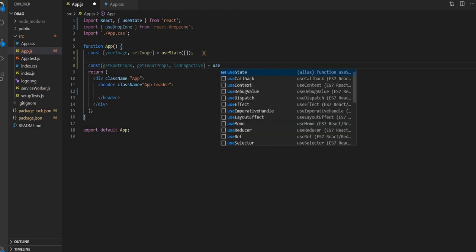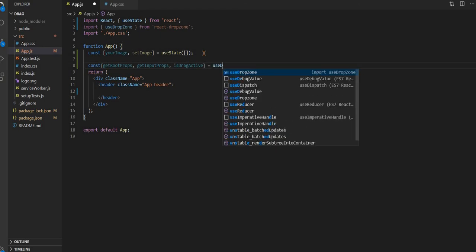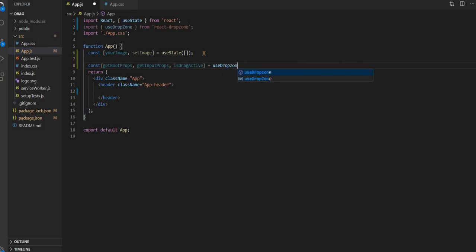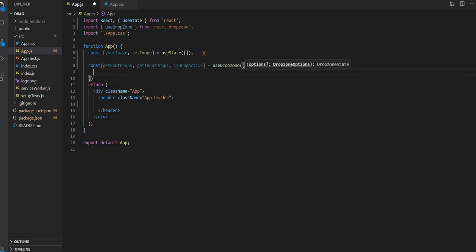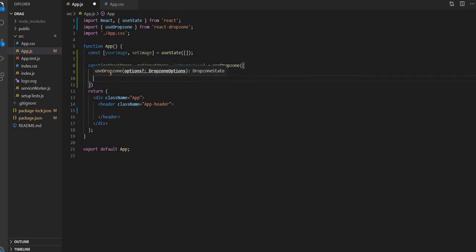And here useDropzone. Here the z should be small, and then we have to write the accept criteria. Here we have image, with all combinations, whether it is a jpg or png, anything.